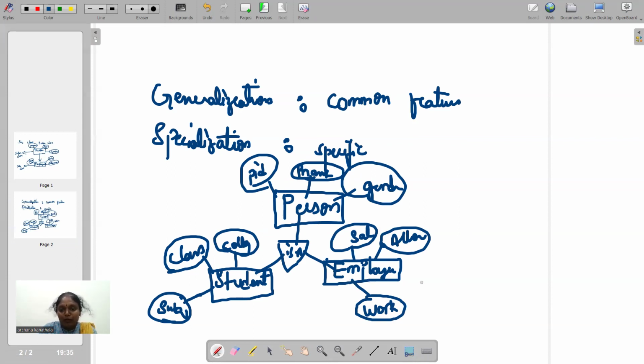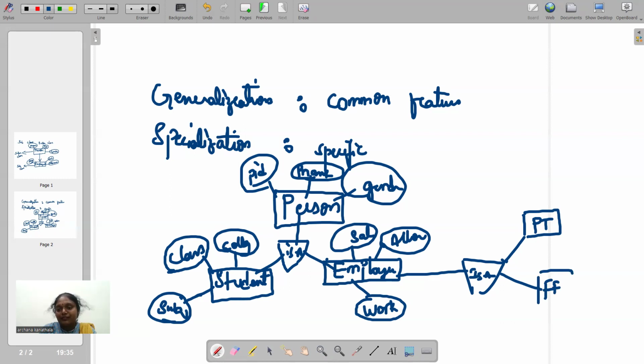Now, when it comes to employee, you can have the next version of subtypes as well. So here you can define is a part-time employee, whether the employee would be a part-time employee or a full-time employee, right? We can even define such kind of entity, part-time employee, full-time employee, right?